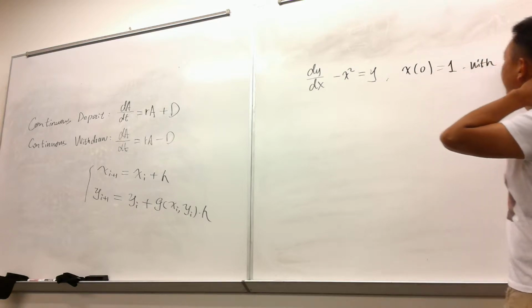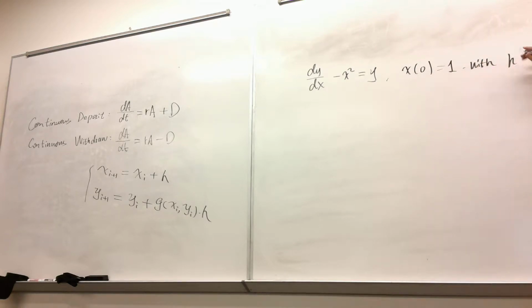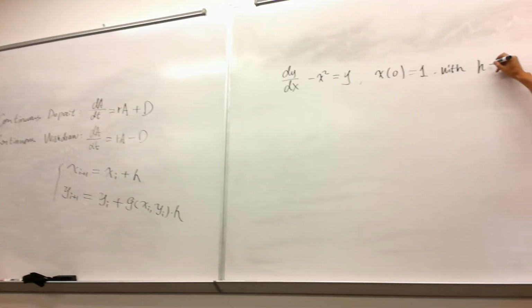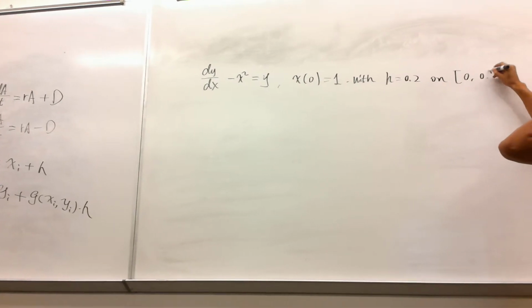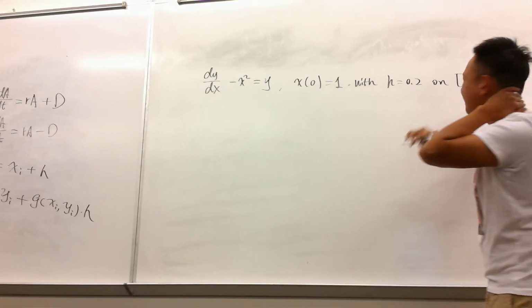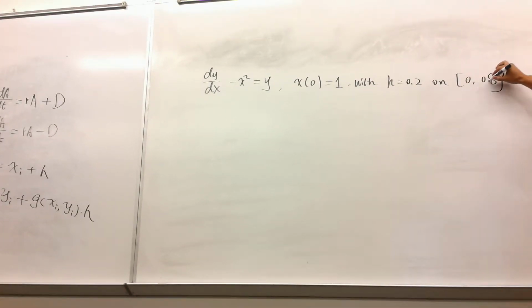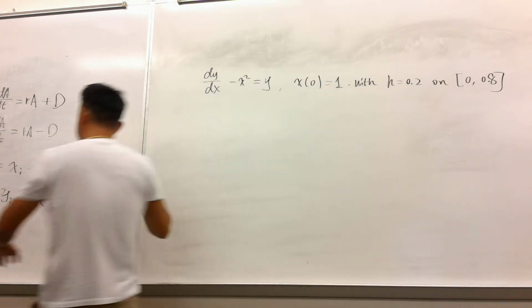With h, the length of each step, equals 0.2 on the closed interval from 0 to, let's say, 0.8. Let's do more steps. I mean, a lot of you didn't come on Tuesday, so let me show this